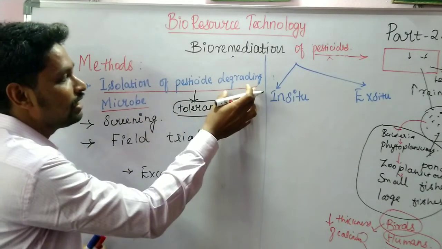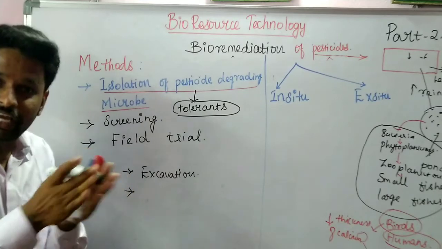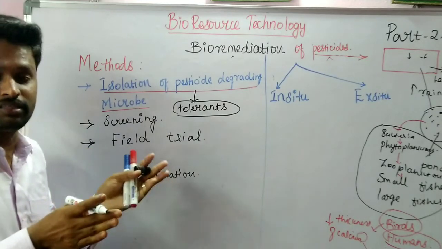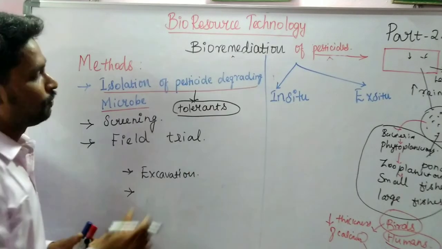If any organism breaks down a complex, for example in our case pesticide is broken down into simple compounds, that is called degradation of pesticide. Such organisms are called pesticide degrading organisms. So there is a difference between tolerance and pesticide degrading organisms. And afterwards we have to screen the pesticide degrading organisms. How can screening be performed? It is also very simple.